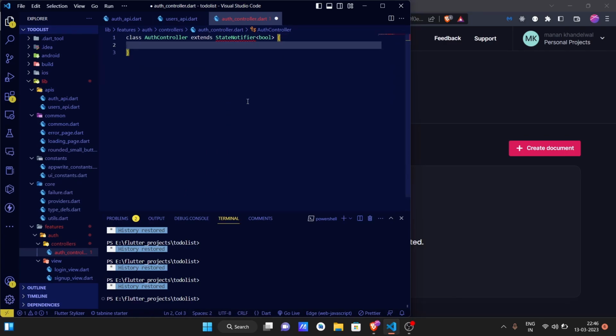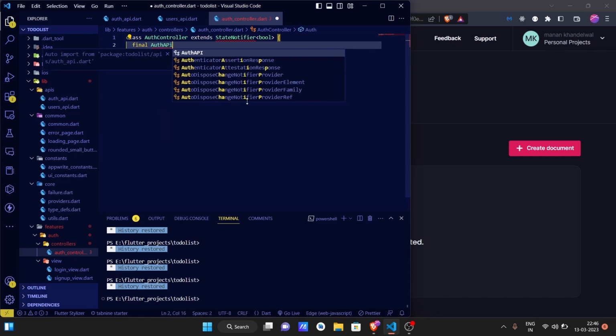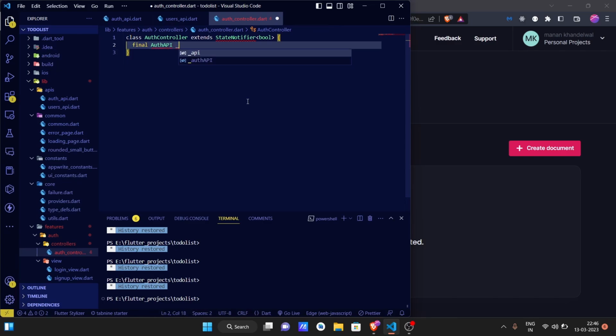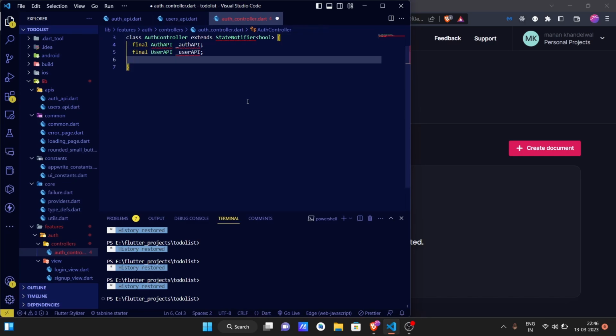Yeah, and it needs authAPI, because with authAPI we are going to login and sign up, and we also need a userAPI, because we need to save and get our user data,